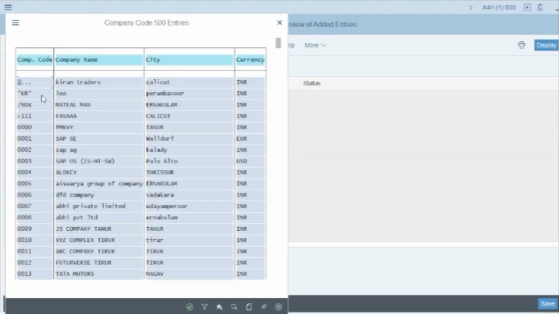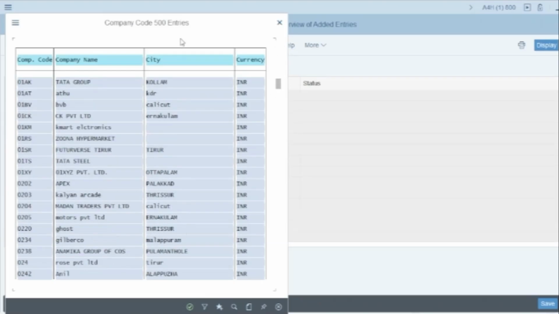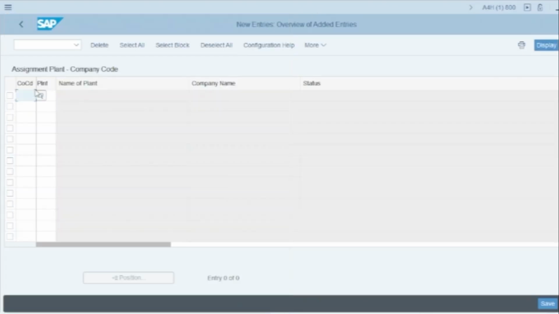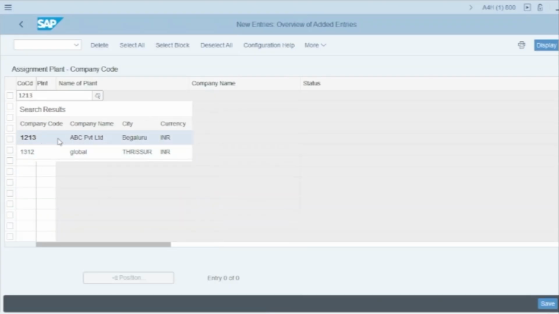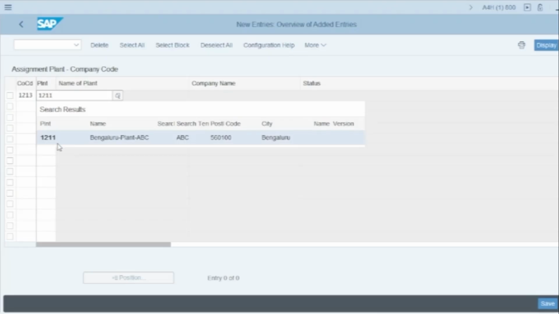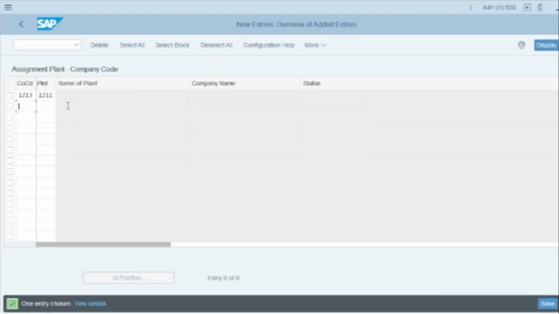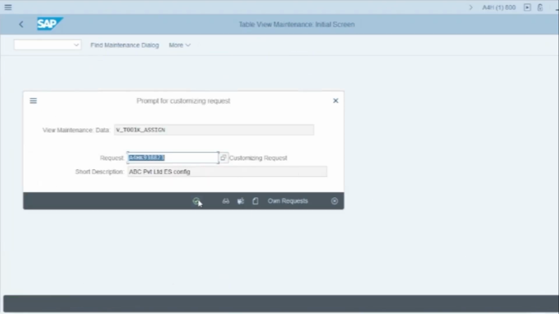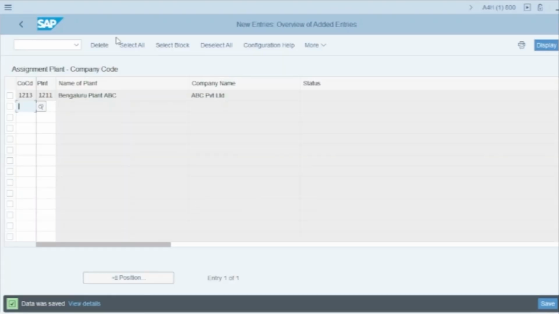or you can add whatever company code you have created. 1213, that is our company code, ABC Private Limited. 1211 is my plant, so that has been created and assigned. So we have established a linkage. Now you save it, enter. Next you go back,